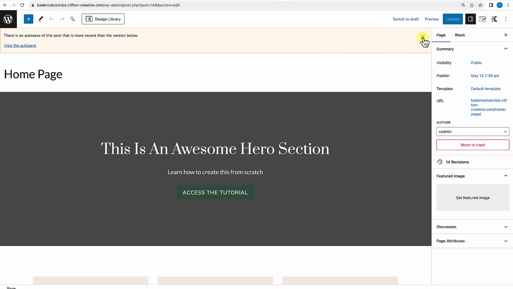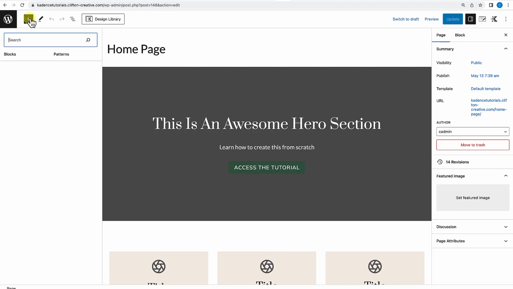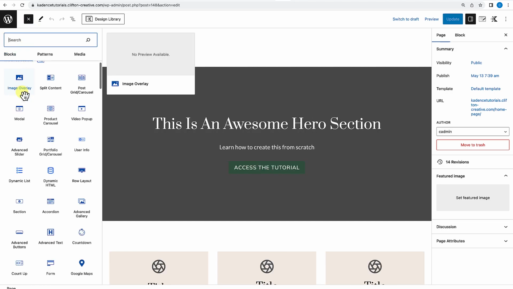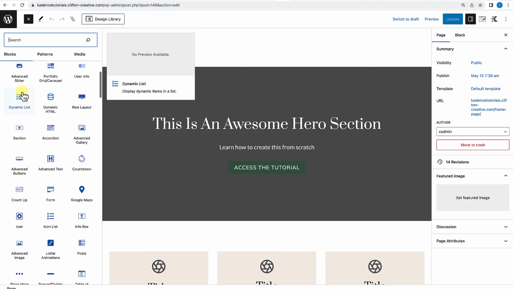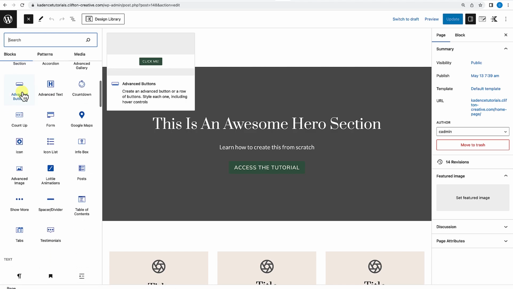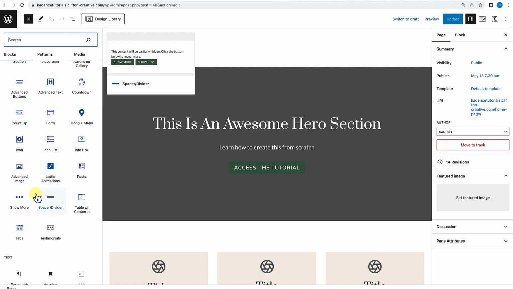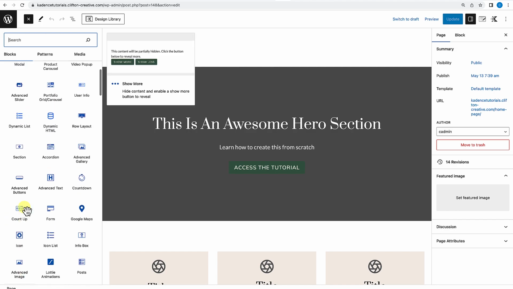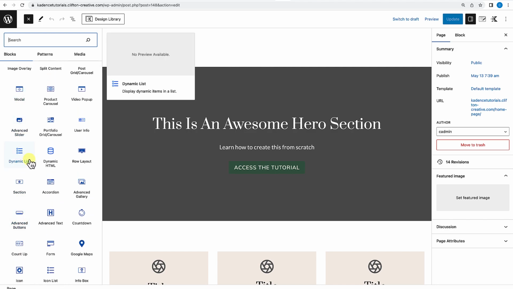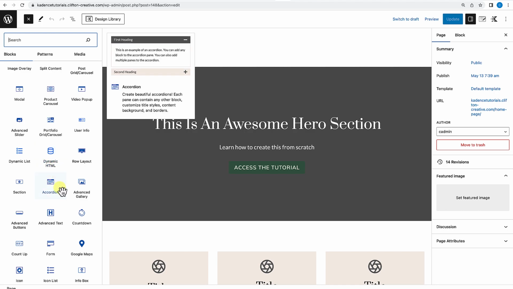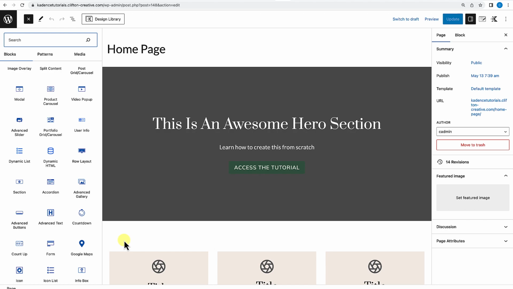If we look at the home page and you click on the block inserter, you'll notice that now we have more than the 21 default blocks that come in Kadence. We now have up to 32. There are some new blocks here, such as the show more block, the modal block, a dynamic list, dynamic HTML, and many more blocks that we're going to be looking at as we walk through the Kadence Blocks